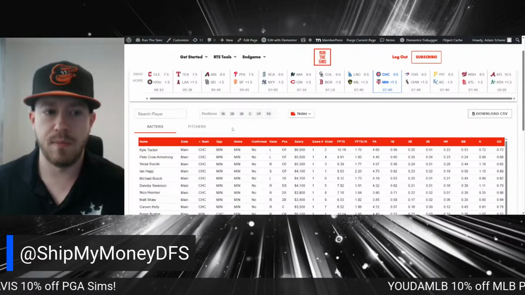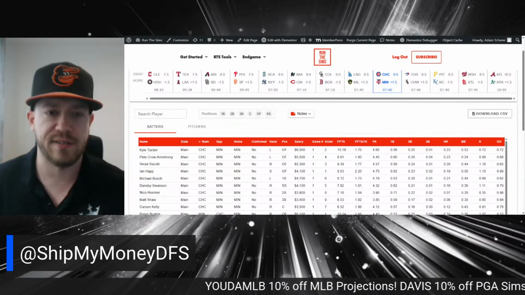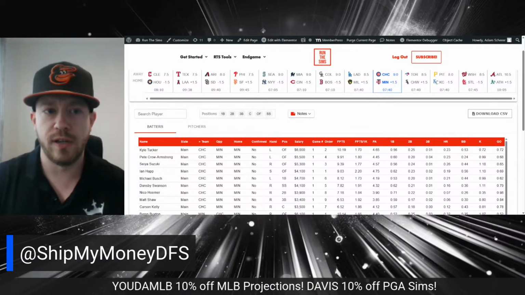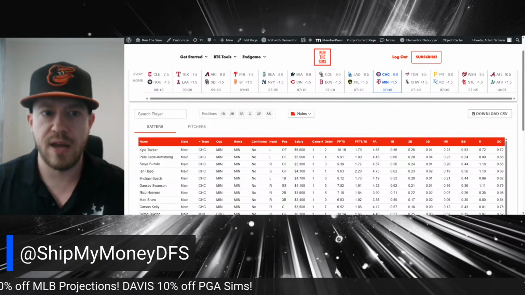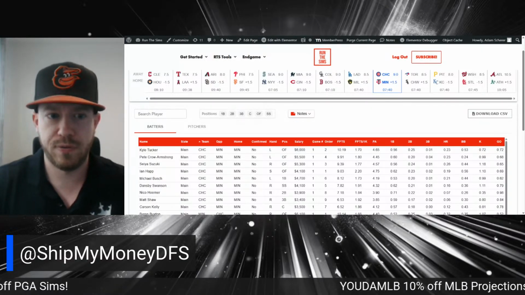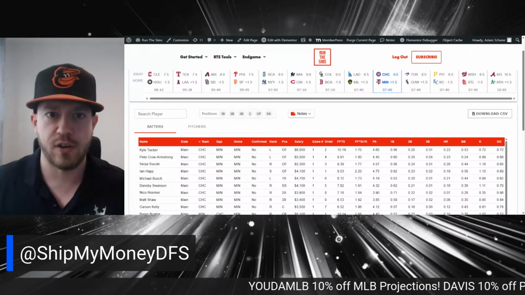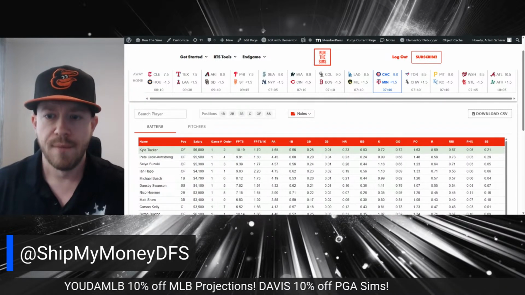But at the same time, Chicago does consistently give you one of the highest ceilings of any team on the slate, because not only do they have a lot of power throughout their lineup, but they also run a lot, and they have a lot of guys that steal bases. This team has a lot of guys with pretty decent stolen base projections and home run projections. If you look in our projections here, you can see,